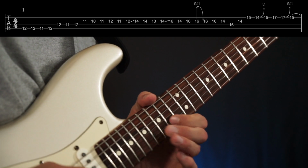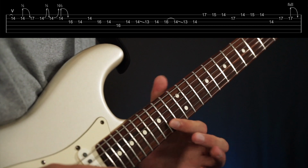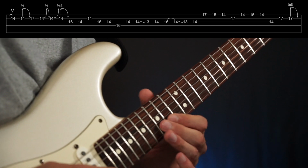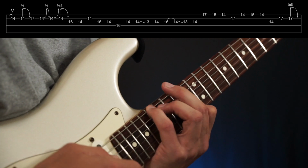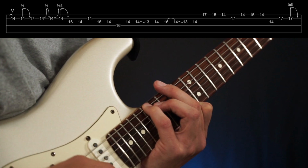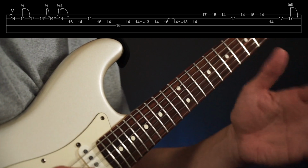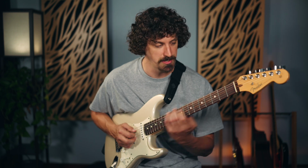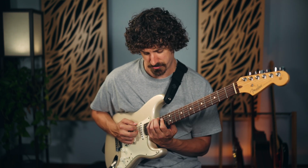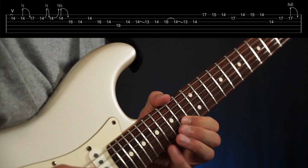bending up to the D right here, like that. And then it pulls off right here to the C sharp, which is now the major third of A, the 5 chord, right? So just as it happens, you'll see it's another theme here too. When things change to a chord, he goes right to a chord tone to really emphasize that change. And you can think of this as A in the G shape, this G, right? Boom, right here. So it pulls off right to that note,